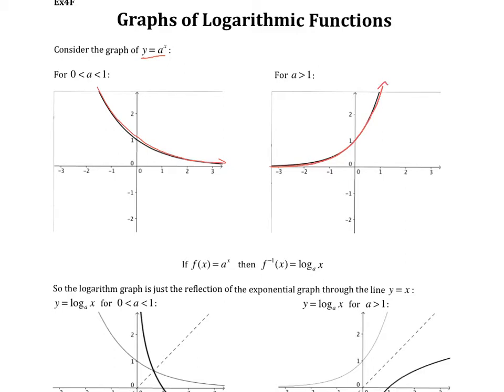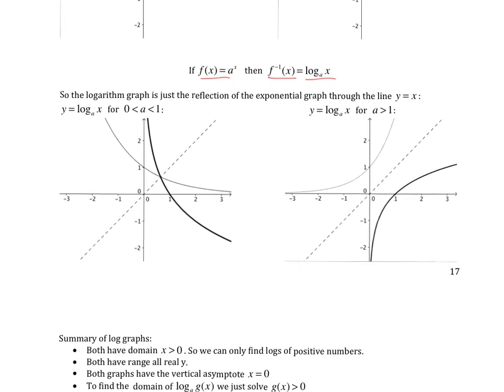Now, we've discussed this before, but if f(x) equals a to the x, then the inverse of the function is log base a of x. So, the logarithmic graph is just the reflection of the exponential graph through the line y equals x. For instance, here was our original y equals a to the x. If you reflect that along the line y equals x, you end up with this one here, the green one, which is the inverse. So that there is y equals